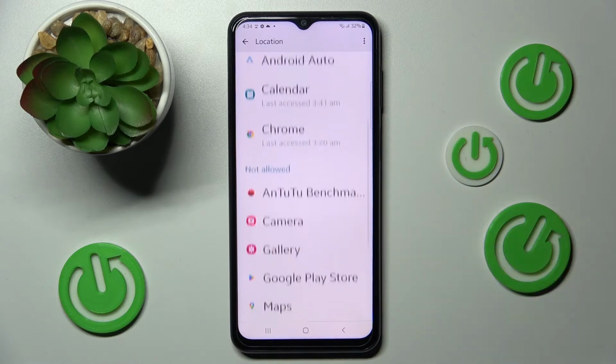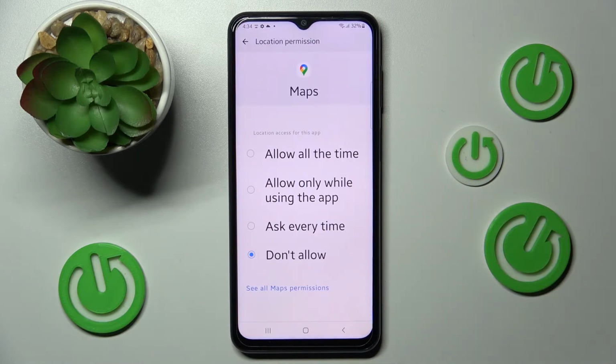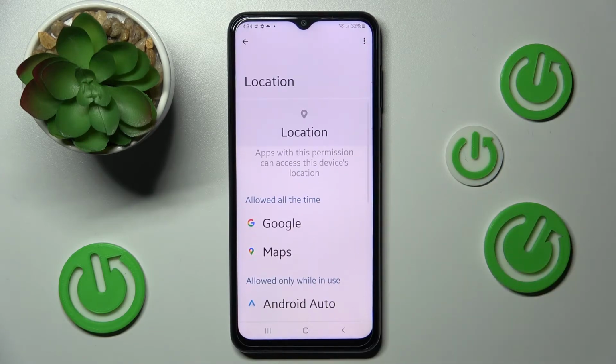Now tap on one of your apps, in my case Maps, and tap on one of those options. Allow all the time, allow only while using the app, ask every time, or don't allow. I will go with the first one, so when I go back, as you can see, Maps just gained access